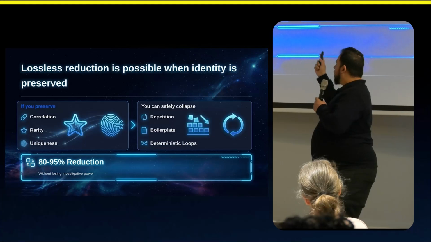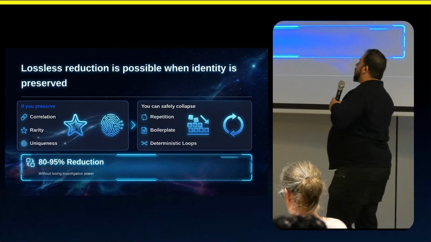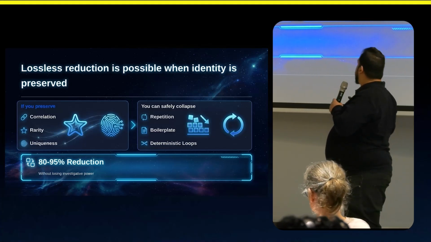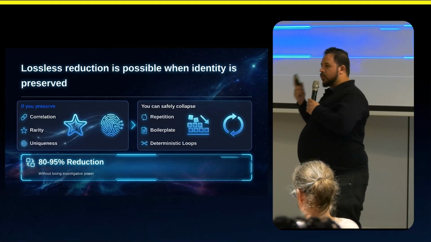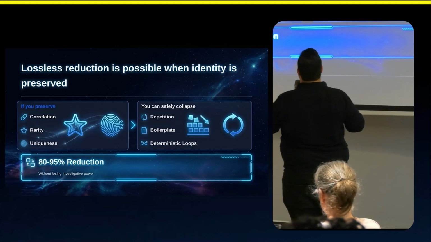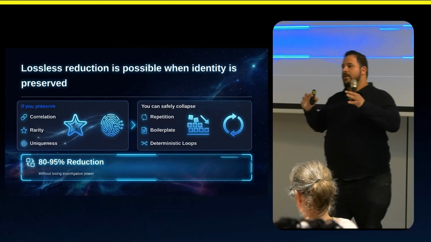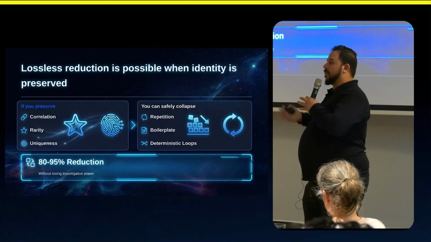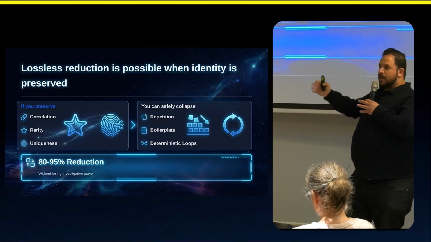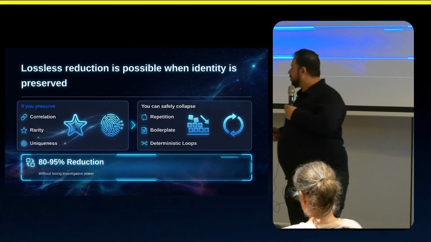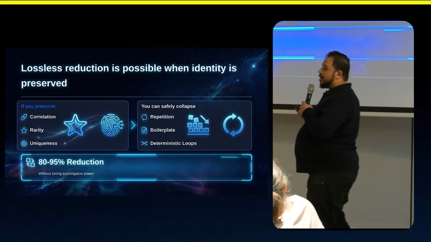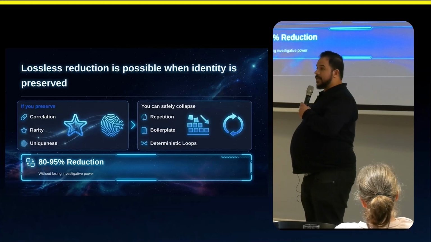Meaning, if we can find a way that you're not losing the identity, the correlation, the flow, the user journey, then we're not losing the story, we're not losing the context, and then we can still have our behavior. So then we can safely reduce and collapse those repetitions because we still have this uniqueness, we still have this understanding of what happened. And the repetition is not important anymore. Thus, we can get to 80 to 95% reduction without losing any ability to investigate what happens when an incident happens.